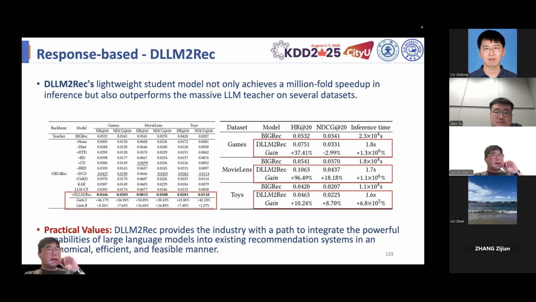Here are experimental results of the DLLM2Rec. These results are truly exciting. After distillation, the DLLM2Rec's lightweight student model achieves a millionfold speedup in inference time, reducing hours of computation to a mere few seconds. Most surprisingly, on several datasets, its recommendation accuracy surpasses the massive large model teacher. The DLLM2Rec successfully integrates the semantic reasoning power of large models with the efficient collaborative filtering capabilities of conventional